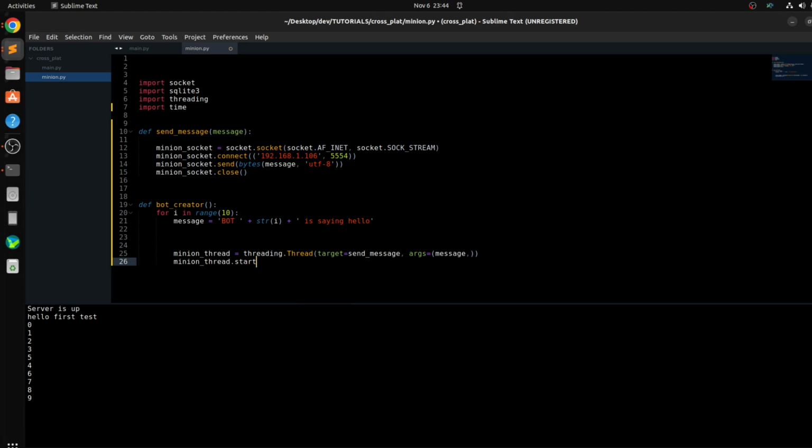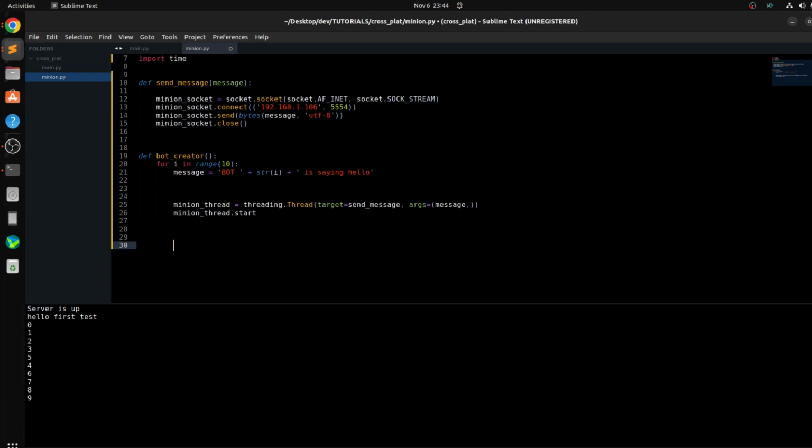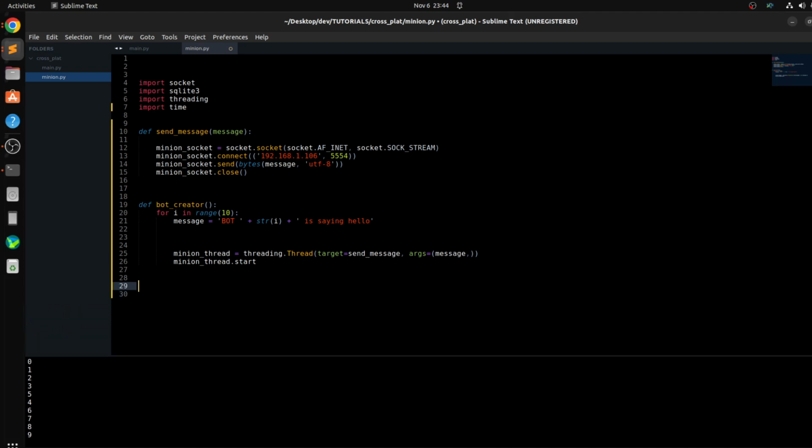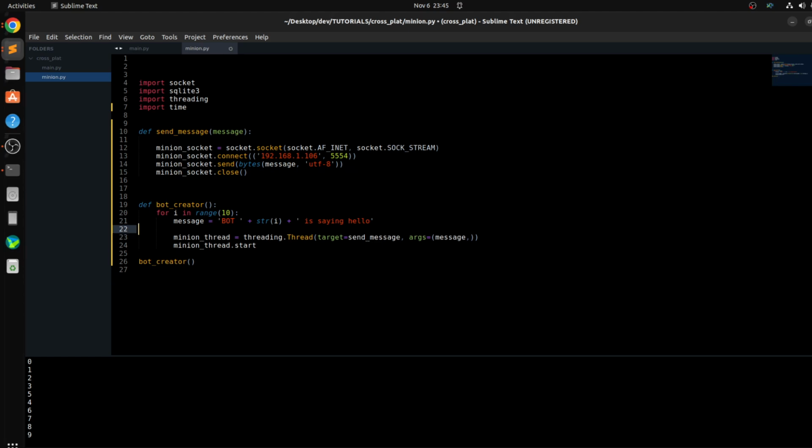Minion thread dot start. And in here, what we're gonna do is bots bot creator this way. This way, we're gonna send a message. We're gonna spam like real connections. Imagine that this one is a user. So this user, we're gonna spam multiple users that are trying to establish a connection, and